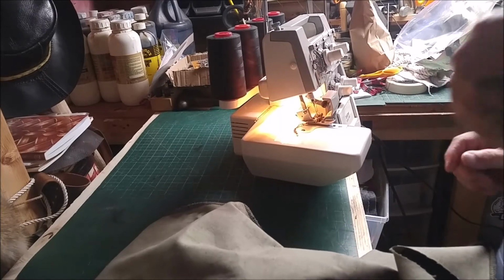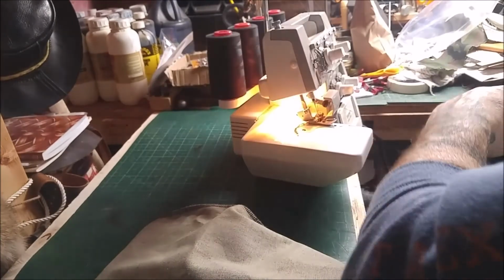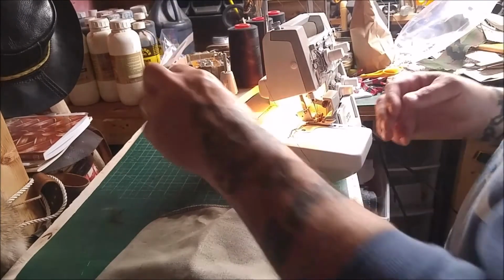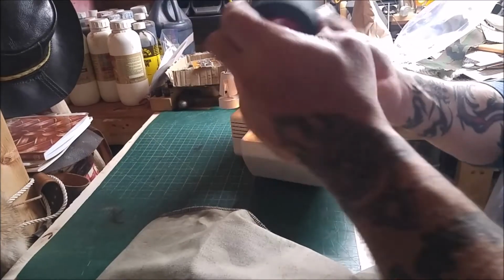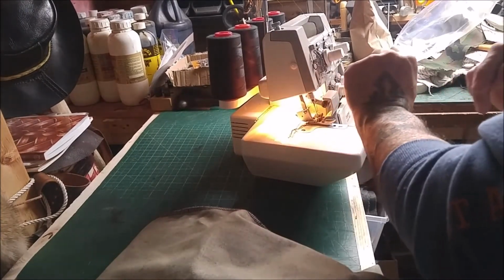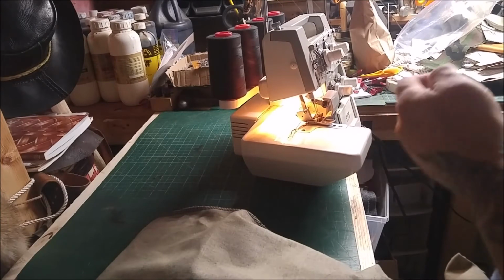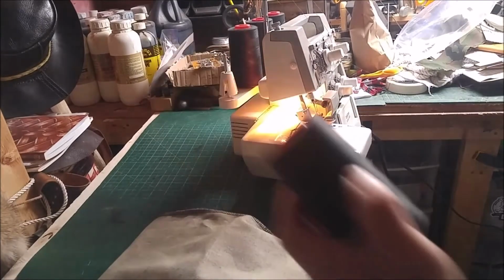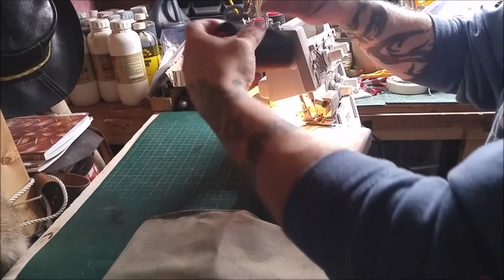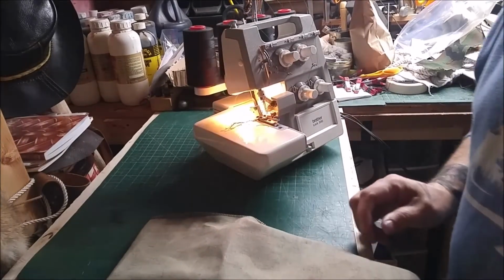Uh-oh. This is what you don't want to do. Run your work over your threads from your serger. Bugger. Hopefully it's just one. Nope, it's not. It's more than one. If you follow them through, you can, you're going to go in a knot, and you're going to, I think I might have saved it. So anyone who's ever threaded one of these knows the crisis I just averted. So keep your work away from your machine. I'll set the camera up outside, throw this thing on,